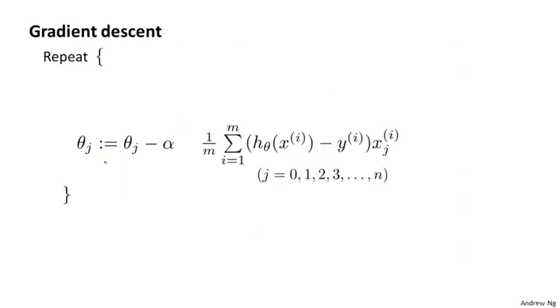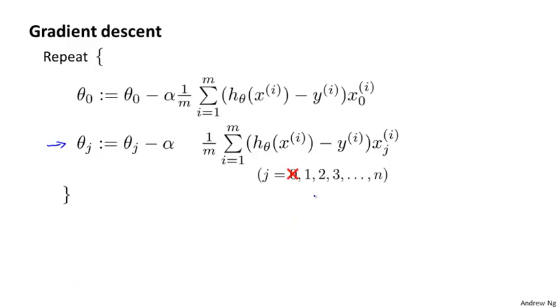J of theta. Previously, we were using gradient descent for the original cost function without the regularization term, and we had the following algorithm. For regular linear regression without regularization, we will repeatedly update the parameters theta j as follows for j equals 0, 1, 2, up through n. Let me take this and just write the case for theta 0 separately. So, I'm just going to write the update for theta 0 separately from the update for the parameters 1, 2, 3, and so on up to n. I haven't changed anything yet, right? This is just writing the update for theta 0 separately from the updates for theta 1, theta 2, theta 3,